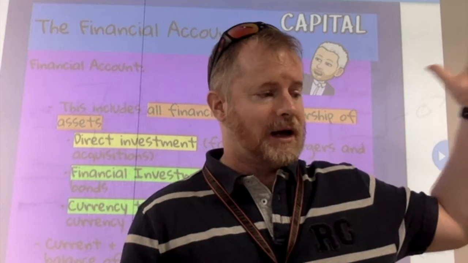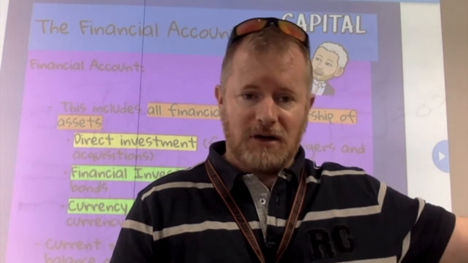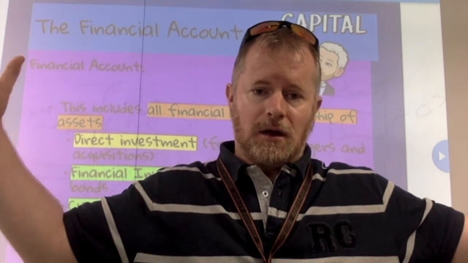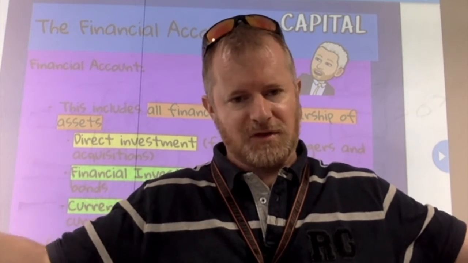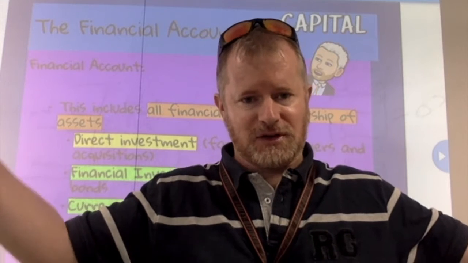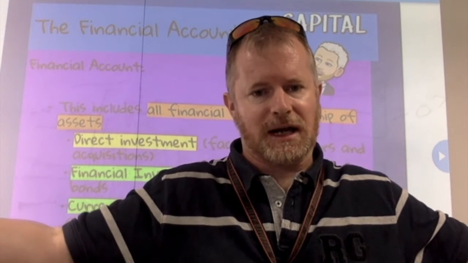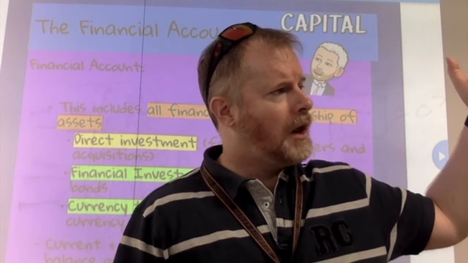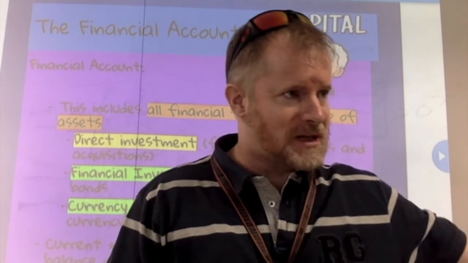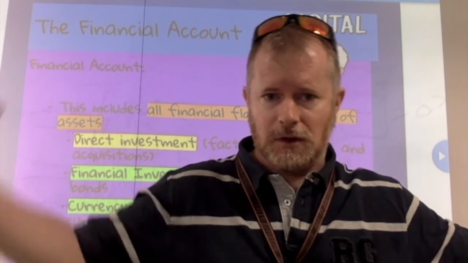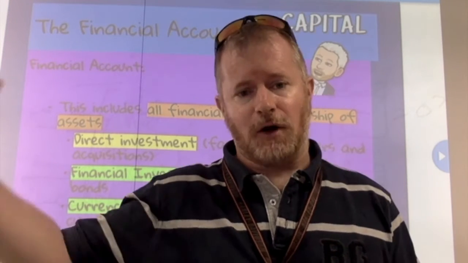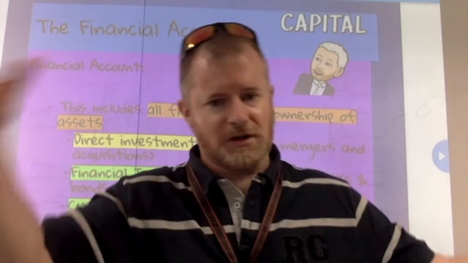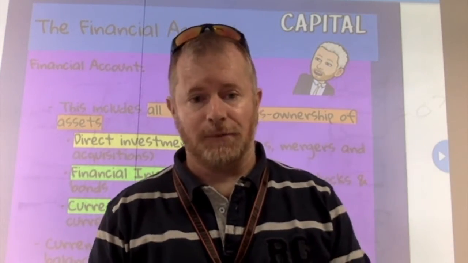Good point to clarify. Again, if the current account is negative, the financial account has to be positive. I tend to always pause because in my head I remember back to when I was at school and there wasn't such a thing as the financial account, right? When the current account is positive, the financial account has to be negative. When the current account is negative, the financial account has to be positive, in order to make the whole structure equal zero.